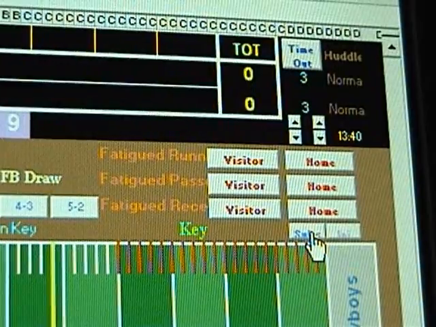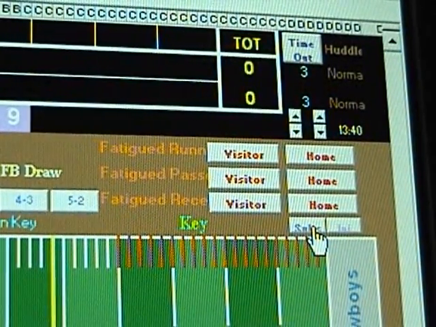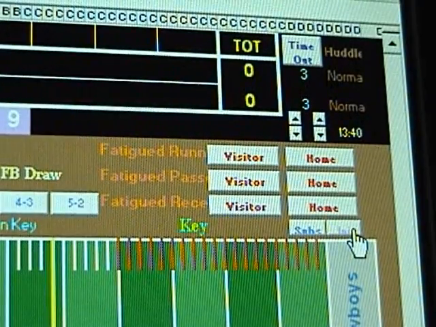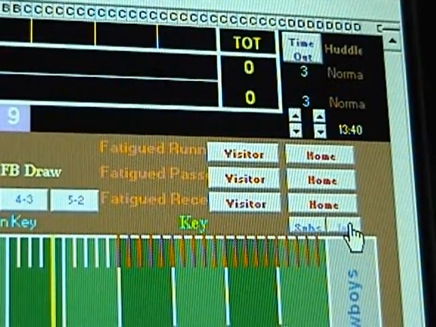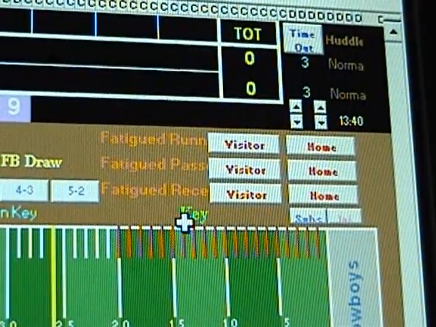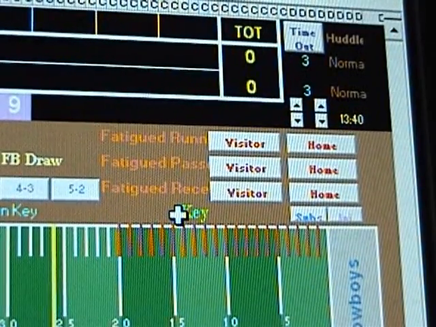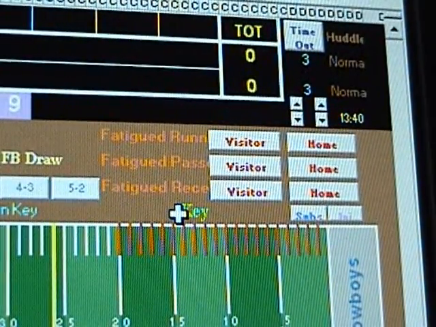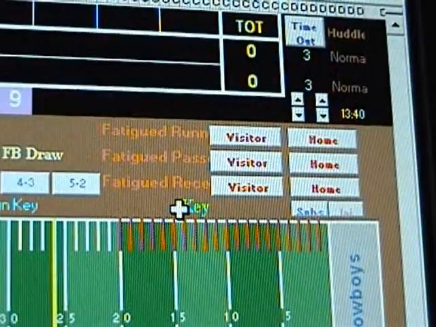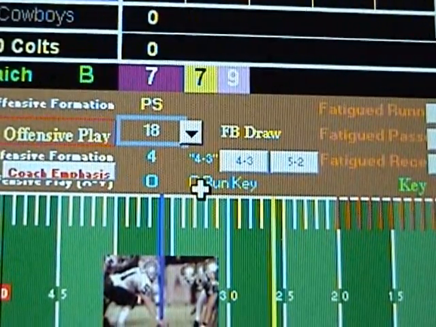Over here, if you need to make substitutions, click that button to take you to the roster screen. Click this button if an injury occurs. This screen, this was the defensive coach's emphasis. There was a key applied to the offensive play. In this case, it was a run key,